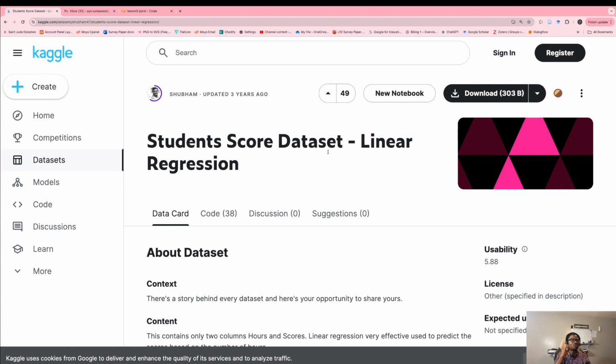So we need this data. I have downloaded it, and I'm going to leave a link in the description that you can just click on and it will download it directly for you. The data that we are going to be using is in here, but I already downloaded it for you, so just click the link below and the data will be downloaded. So that is all you need. You don't have to download it yourself, but I'm just showing you where I downloaded the data from.